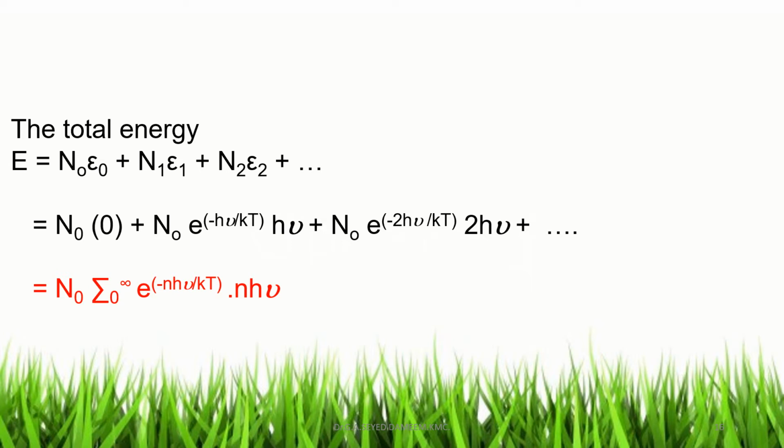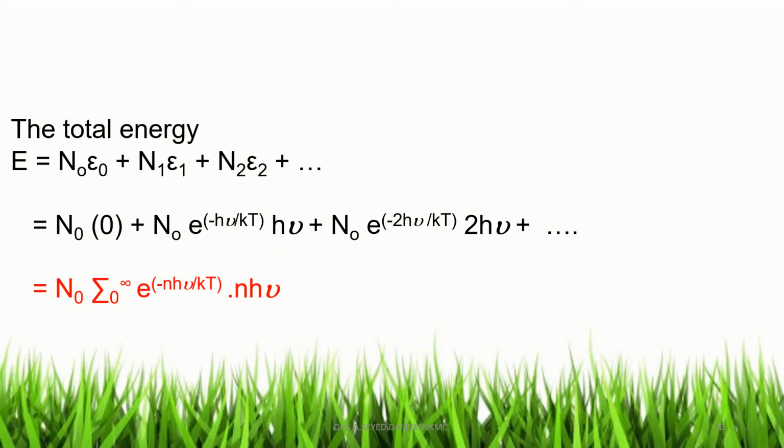On applying the Boltzmann distribution for the number of oscillators in various levels, N1 is equal to N0 e power minus 1 h nu by kT, N2 is equal to N0 e power minus 2 h nu by kT, and substituting the values of N1, N2, N3 etc. from the Boltzmann distribution law, and E1, E2 from the formula E is equal to n h nu,